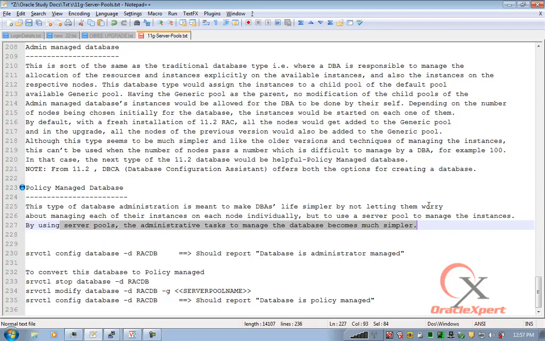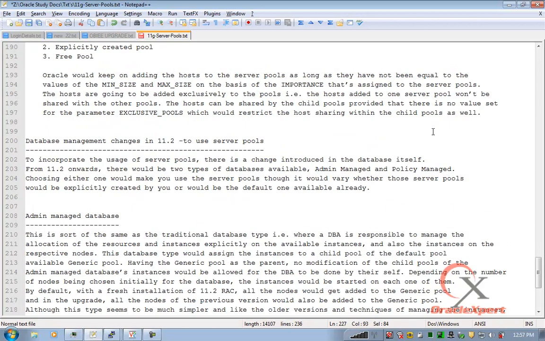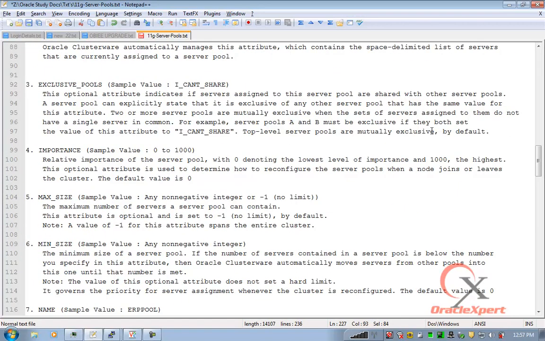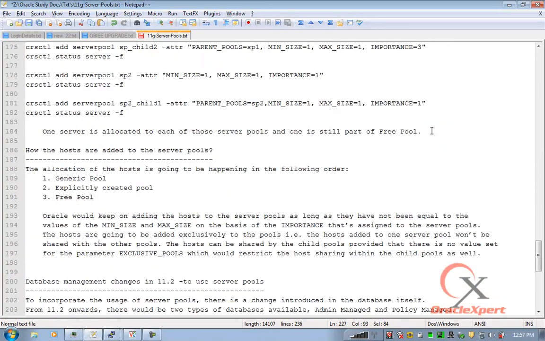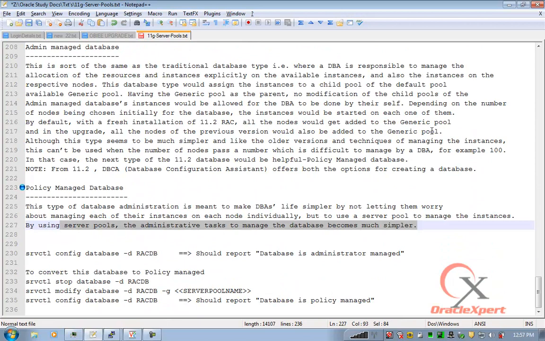As and when the nodes start from the generic pool, they will be added to your pool. Once the minimum number is met, or the maximum number is met, instances will automatically be started on them. So there is no hard coding between the node and the instance then. That is what we call grid configuration. Grid configuration is all about whatever runs wherever. We don't care as long as it runs. So as long as the service is available, we are not worried about where it is running.